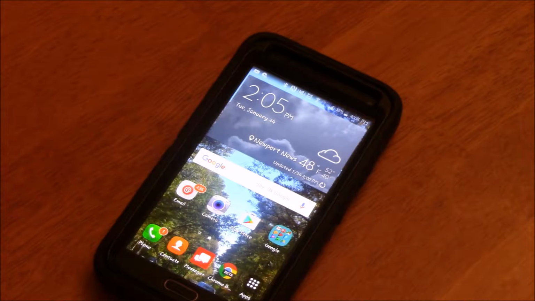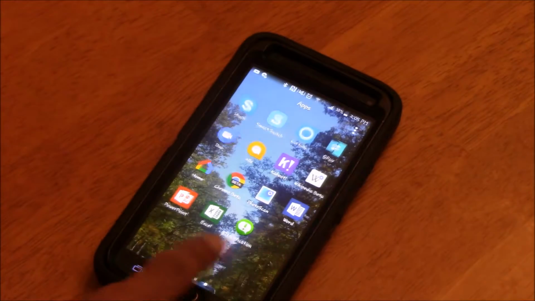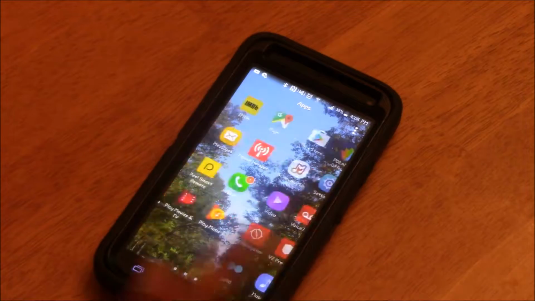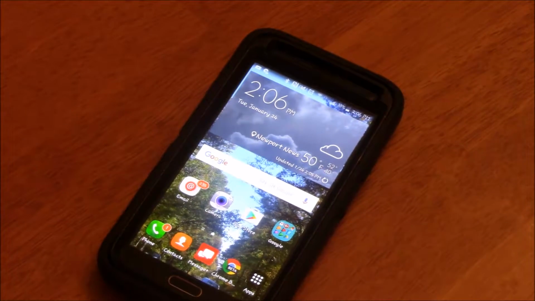And then you also can have as many different types of launchers as you would like. This one is the standard TouchWiz. However, I go back and forth between TouchWiz, Home, and the Arrow launcher. And I also go in between different voice assistants such as Google Now and Cortana.